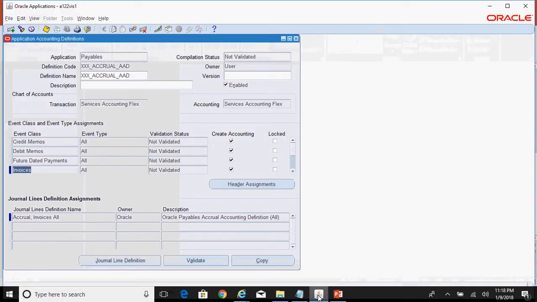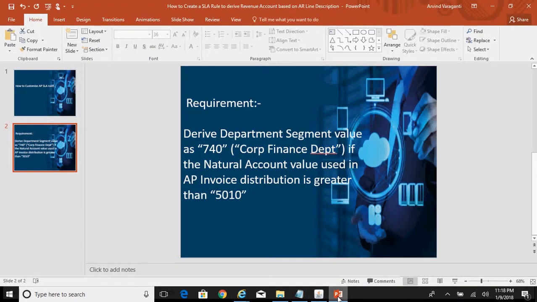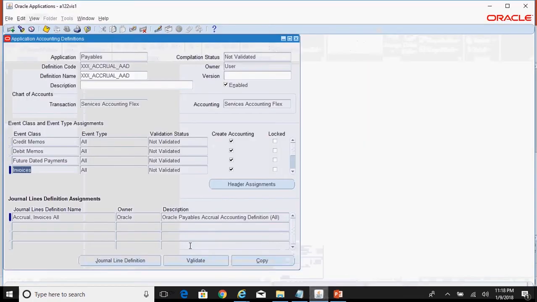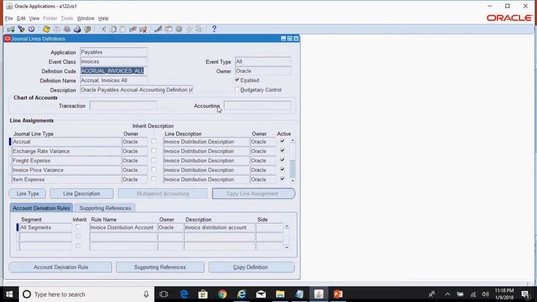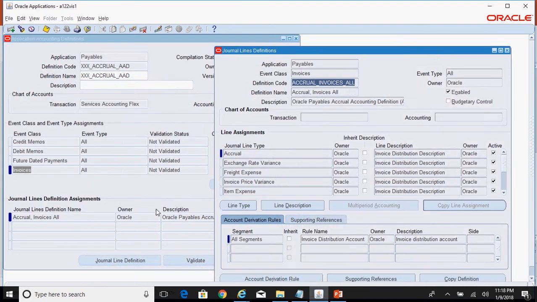If you want this requirement to be achieved only for an event class of invoices, then put your cursor here and click on general line definition. Again, this is the standard general line definition assigned to the event class of invoices.